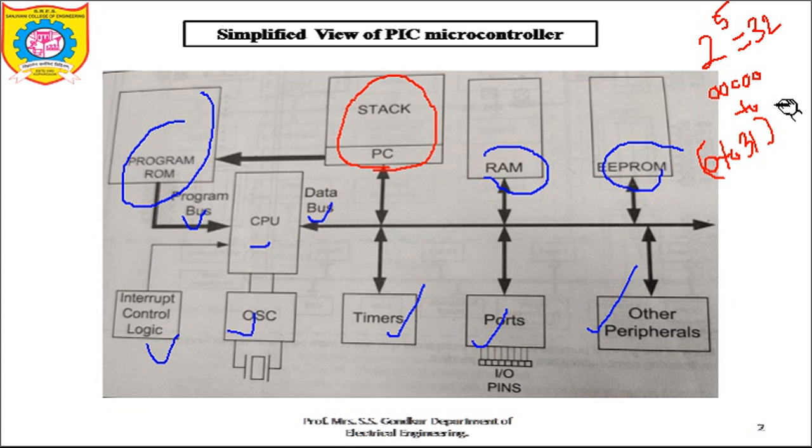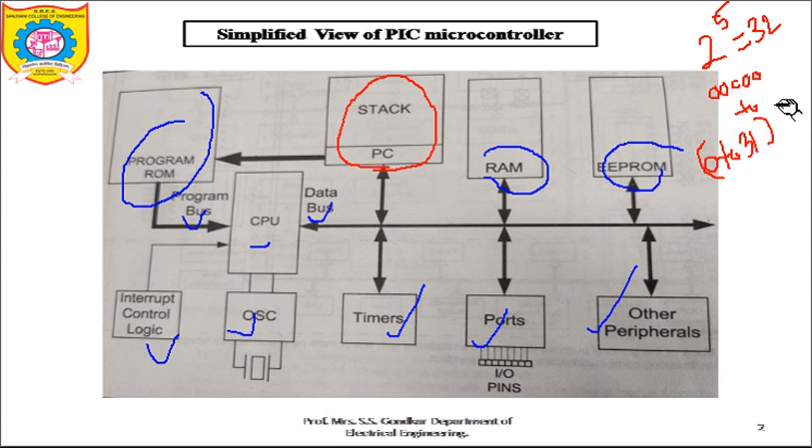As we already know that this is used for temporary storage, maximum stack memory is limited up to 31 words. So a stack consists of number of RAM locations set aside for reading the data from and writing the data in these locations, and is typically used by subroutines or the interrupts. A subroutine is a small set of program which is written in a main program, and you can just call that program by using a call instruction.